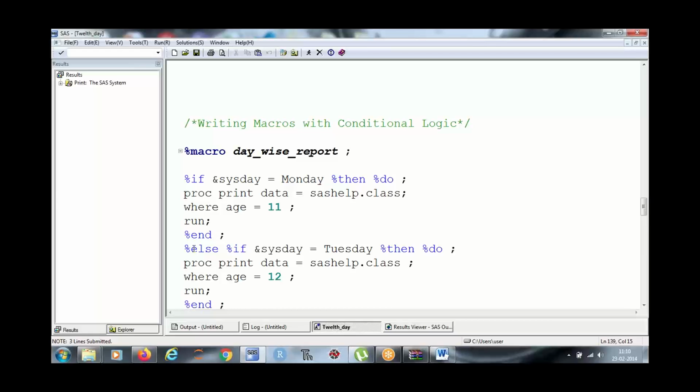So %else. Whenever we use %do, we use %end, then %else %if, then %do, again %end, and so on. So now I have written two blocks of the program. Please complete this program, and once you have written this, please let me know.